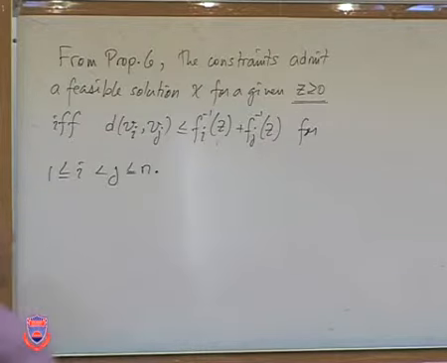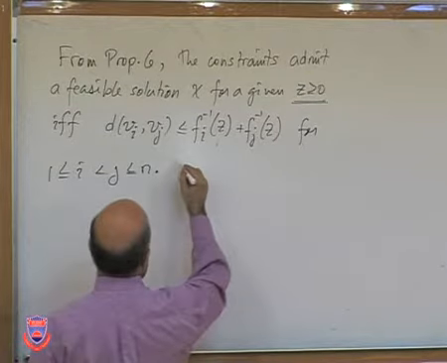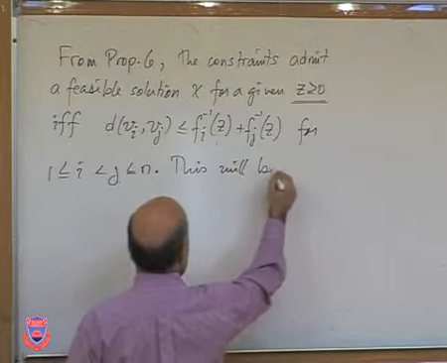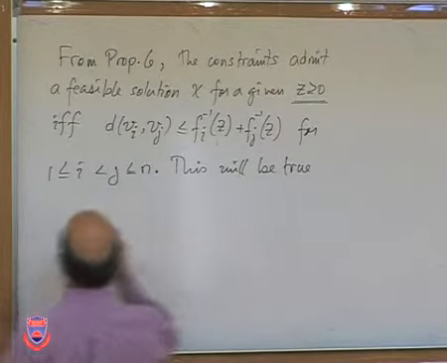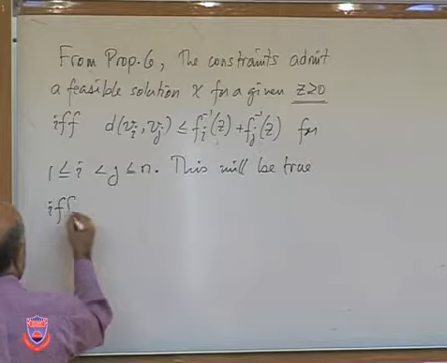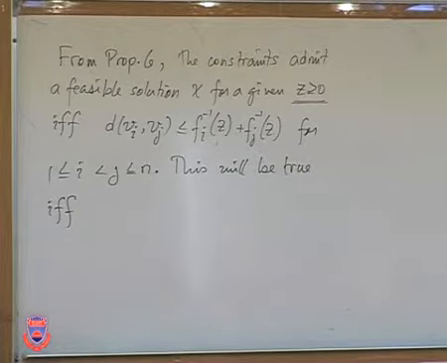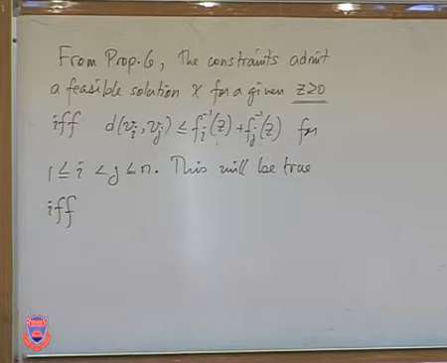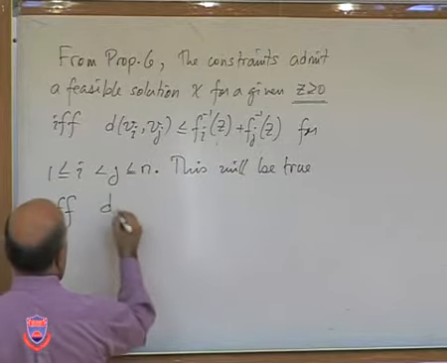So assuming z being greater or equal to 0, this will be true if and only if. Now, you may view the right-hand side as a new function of the argument z. So, this is true if and only if